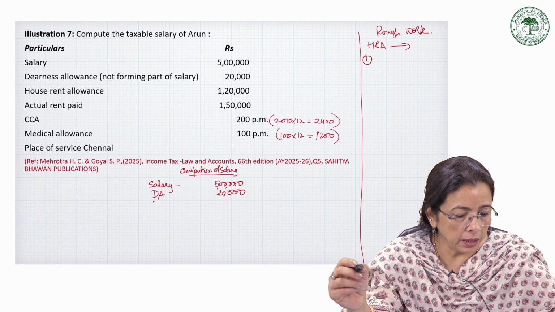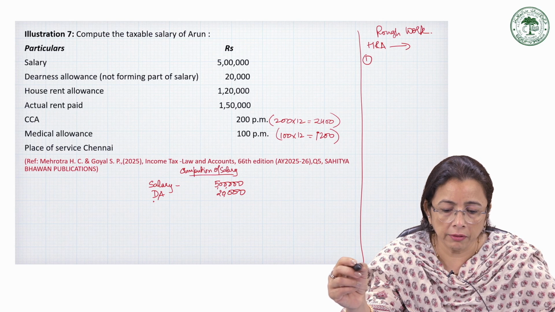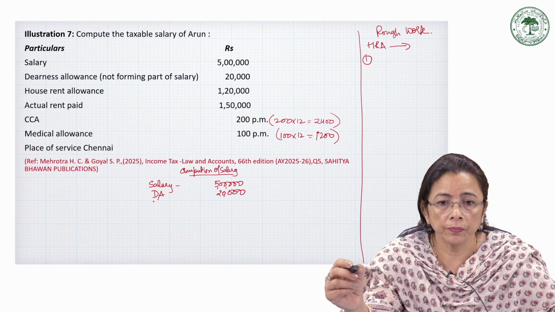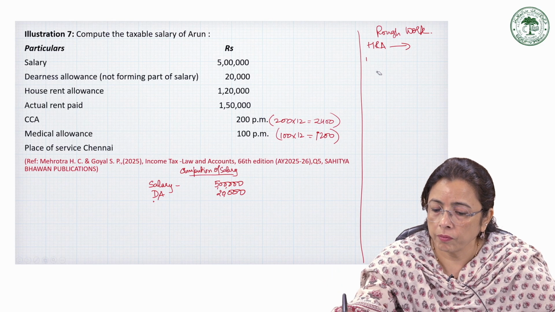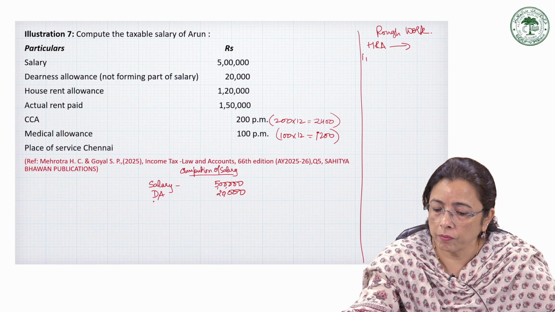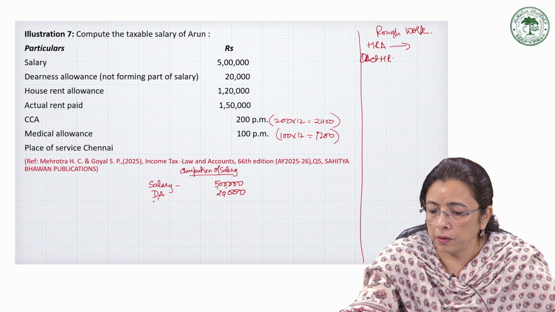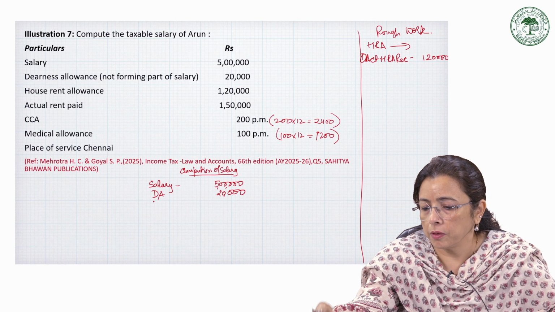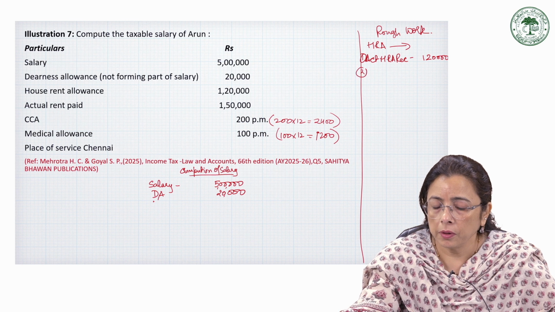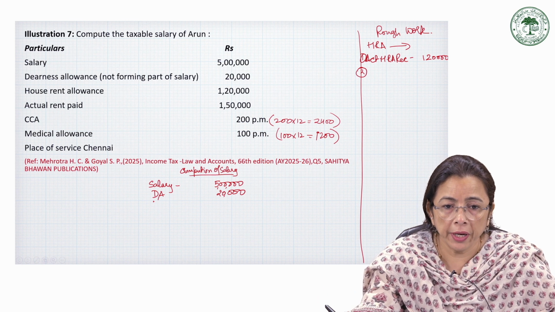House rent allowance received is 1,20,000. Second part is rent paid minus